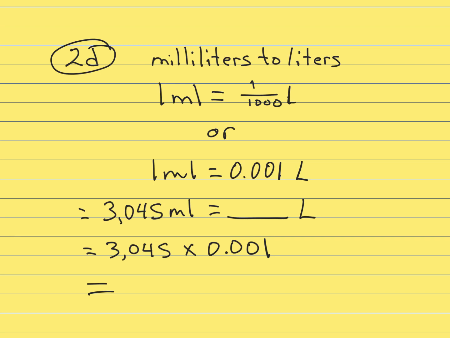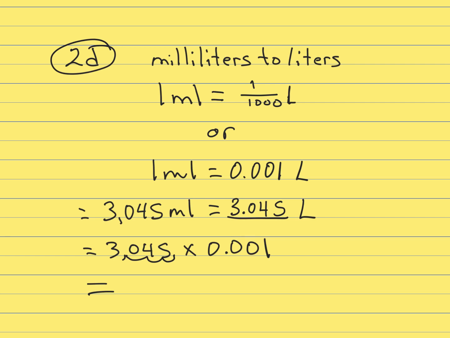Okay, here we're changing milliliters to liters. 1 milliliter is equal to 1/1000th of a liter. So it's just saying 1,000 milliliters would equal 1 liter, or we could write that in decimal form. 1 milliliter is equal to 0.001 liter. So let's see if we can change 3,045 milliliters to liters. We multiply, and we're moving our decimal over, starting here, 1, 2, 3. So 3,045 milliliters is equal to